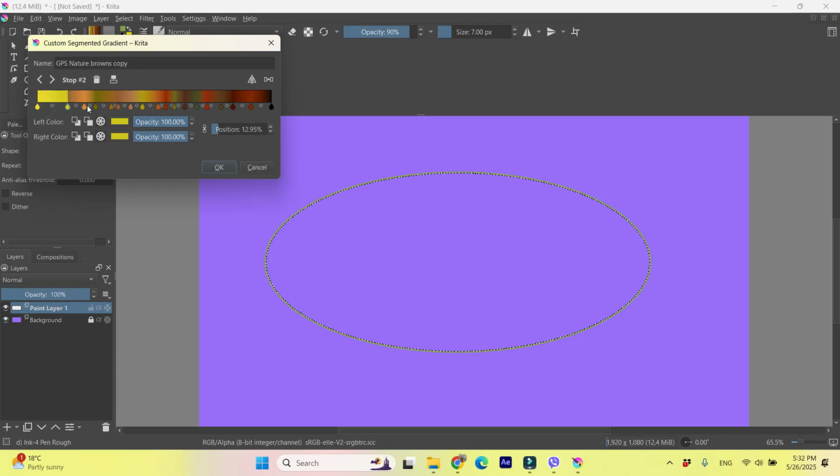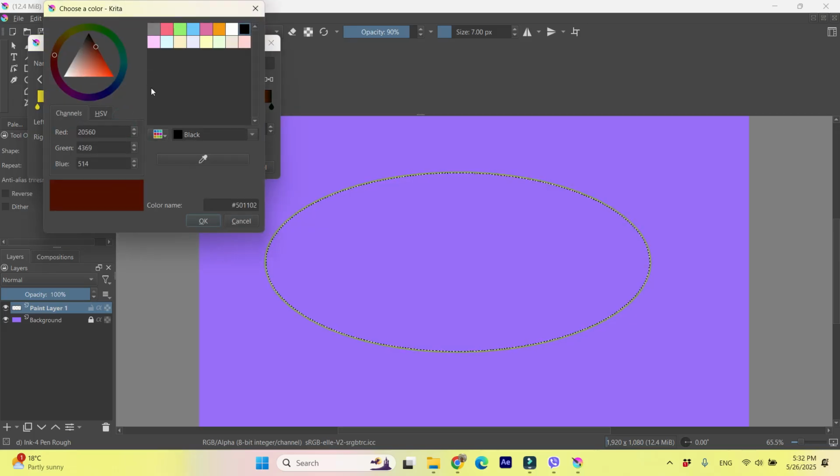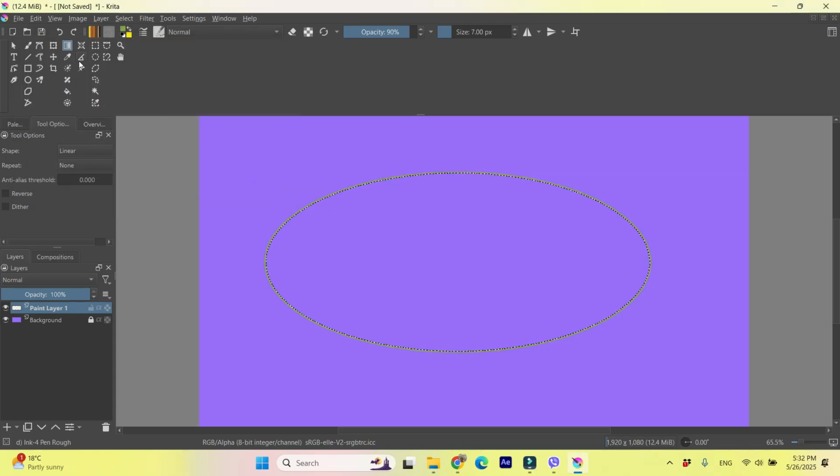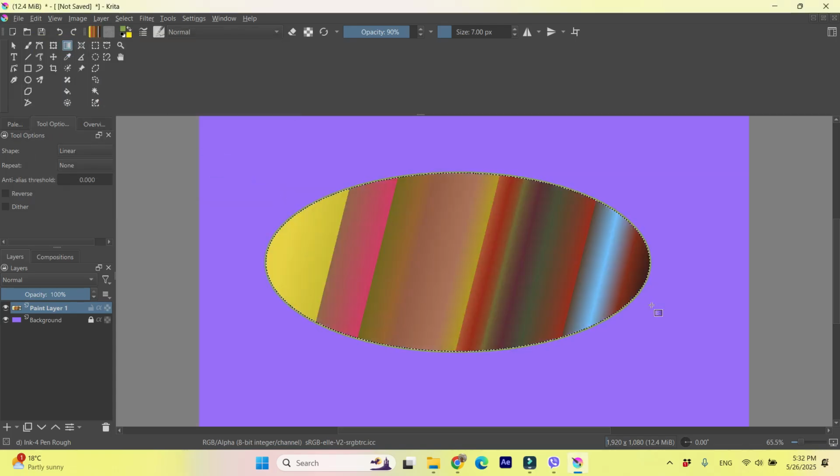It's like sliding those sliders, and you can choose the colors for every section, opacity, and then when you have made your choice, click OK, and I'm holding left click of my mouse and doing this